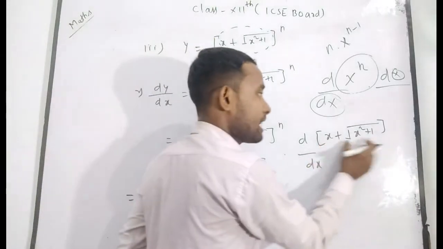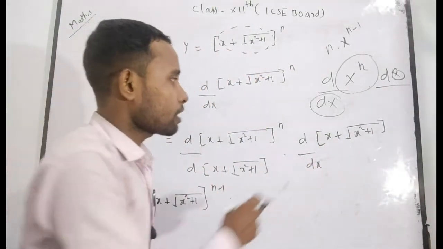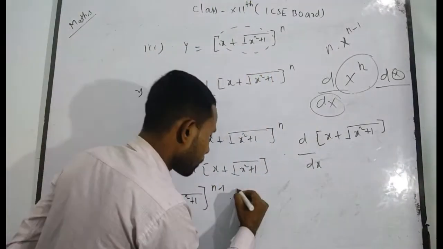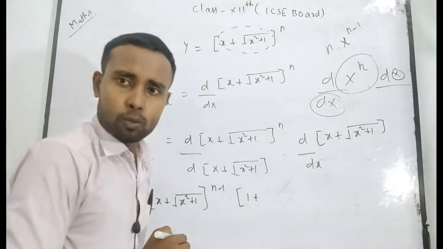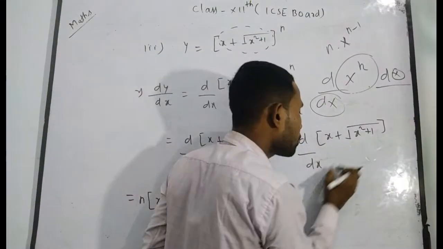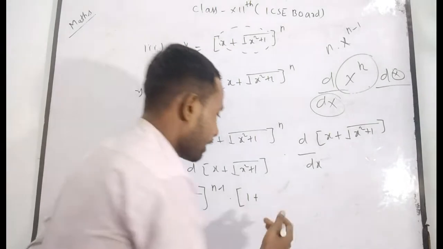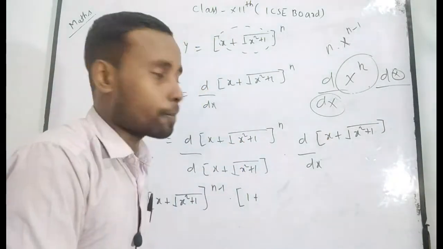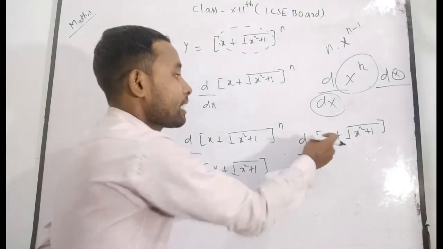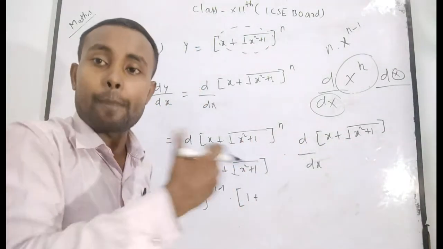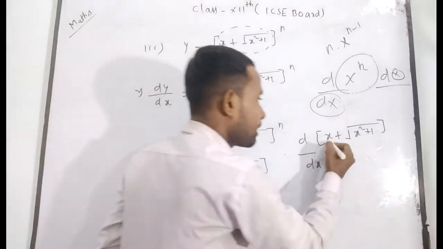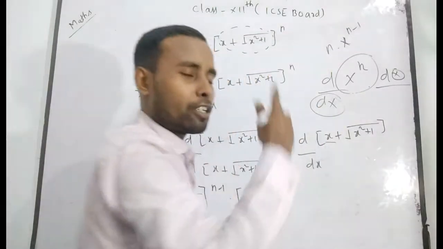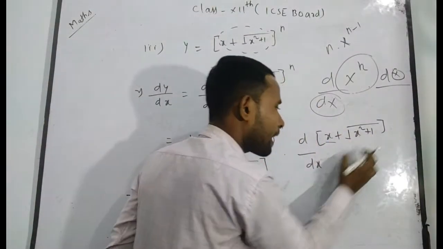Now here there are two terms in the sum. What is the derivative of x with respect to x? That will be 1. I think you understand. And what is the derivative of this term with respect to x? Now I want to tell you again. As you know, in sum form you have to separately differentiate each term. So this term individually differentiated with respect to x, in that case it will be 1. Now I want to tell you, can you differentiate directly with respect to x?